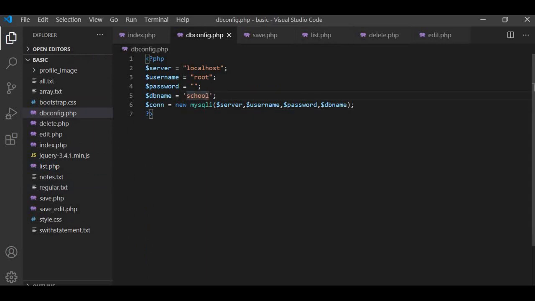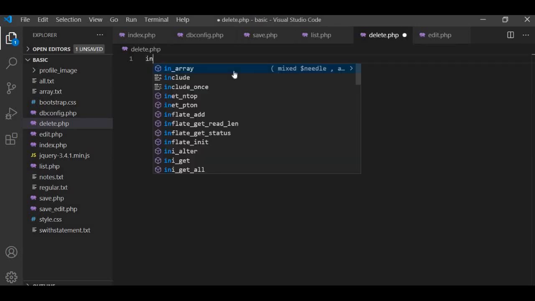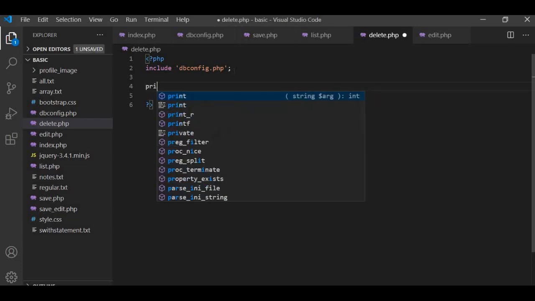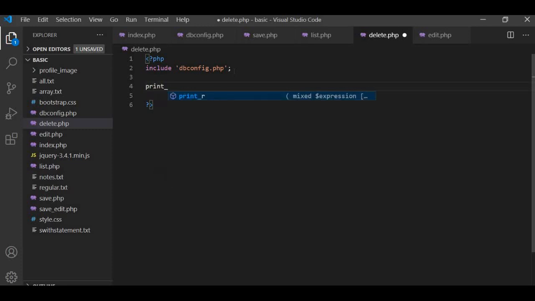As we have created our dbconfig file previously, now we will just include that php file here, and we will print the post data here.